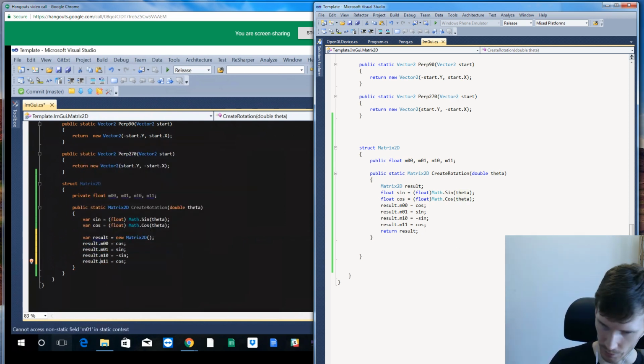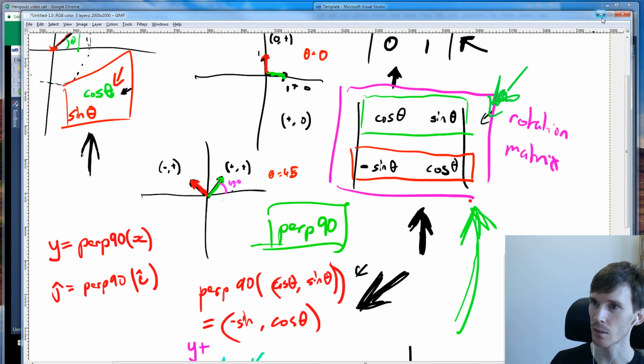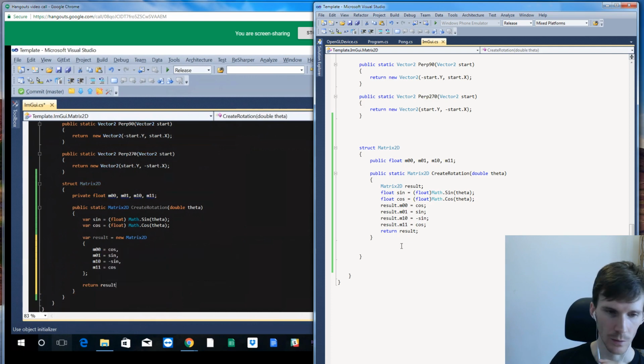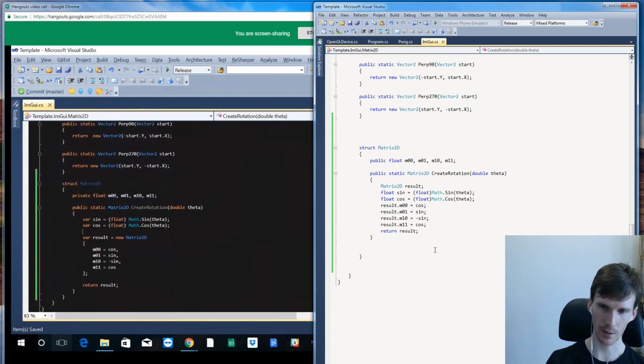I'll just bring up the thing. So yeah: cos, sine, negative sine, cos. Cos, sine, negative sine, cos. Looks good to me. All right. So that was really straightforward. And then the other thing we can do is